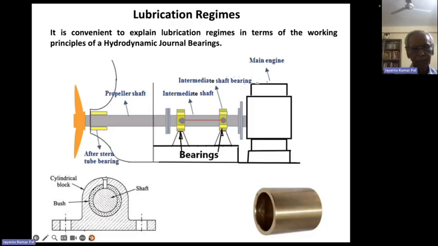But the main important thing in this case is that the propeller shaft is carried by a number of fairly large hydrodynamic journal bearings. And you can see that on the left-hand side, a journal bearing